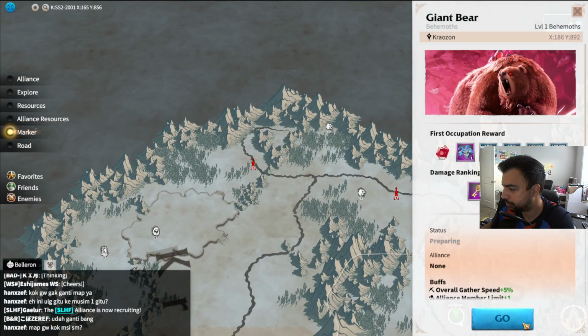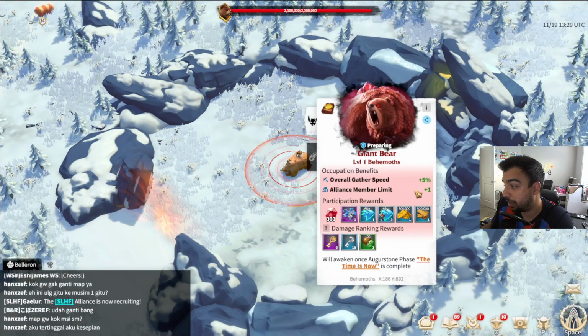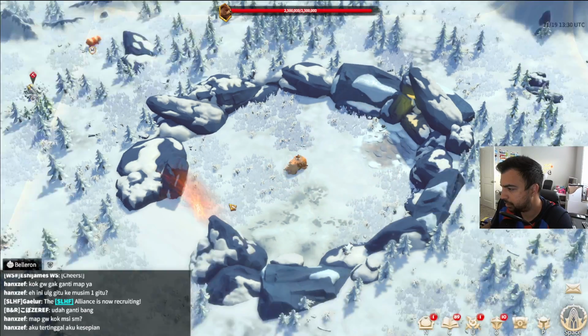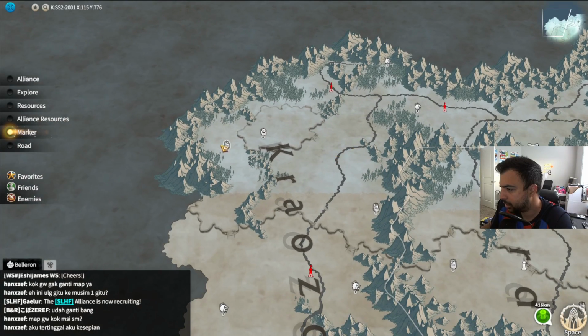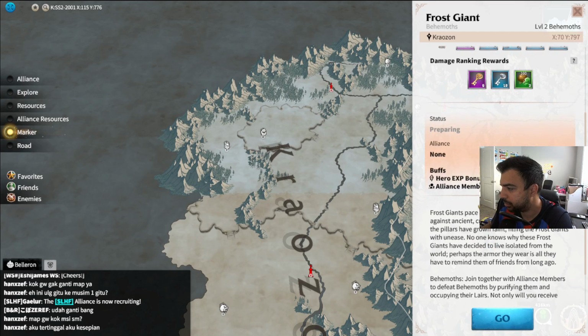Let's look at the next one. Oh, it actually tells me if I just click on it. Gather speed 5%. This isn't bad. Wow. Alliance member limit +1. And again, because it's a bear, it's going to have the same skills. Let's see. Frost Giants. Oh, see, here we go. I can just do this. So hero EXP +10,